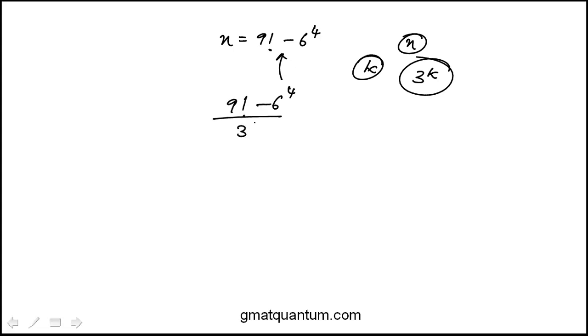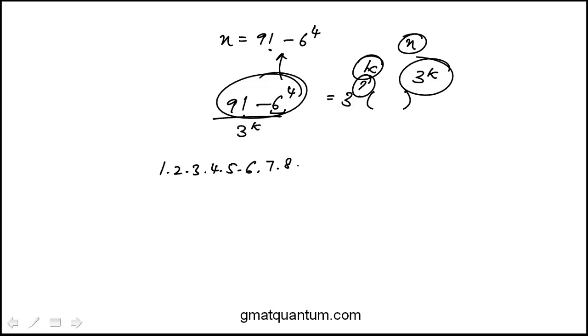So essentially, if we could rewrite the numerator as some power of 3 and some other numbers, then what is that largest power? Again, I don't want to be doing the computation. I have to see the link between 9 factorial and 6 to the 4. Actually, in this case, there isn't much to factor, because there aren't factorial terms. So it's a little bit different than the previous problem in the sense that I just need to count the powers of